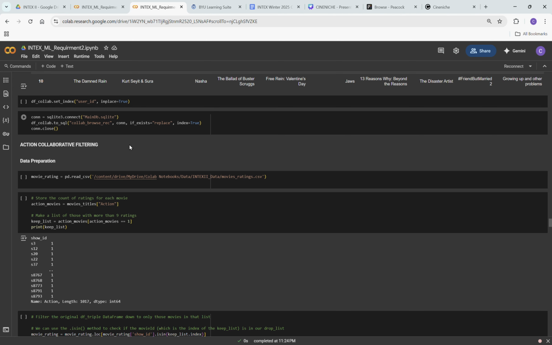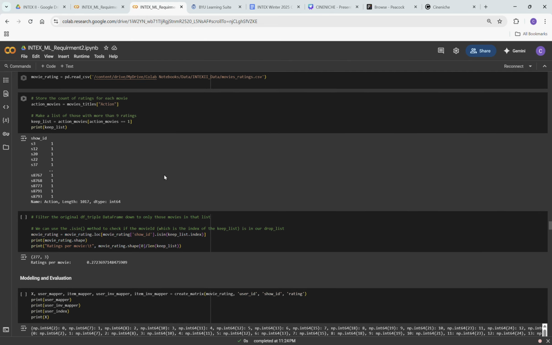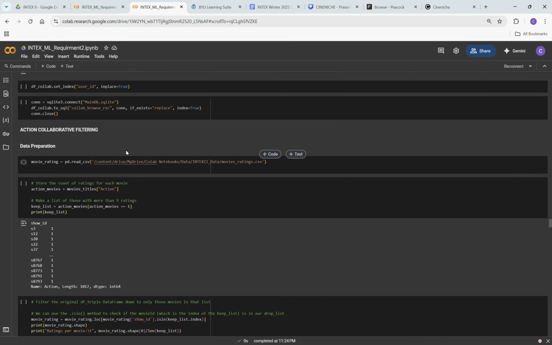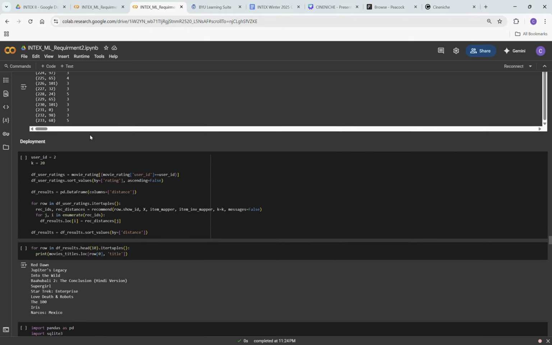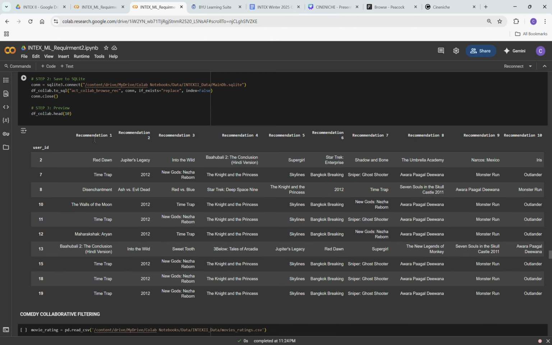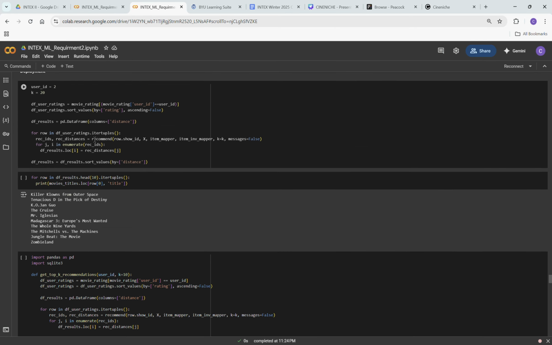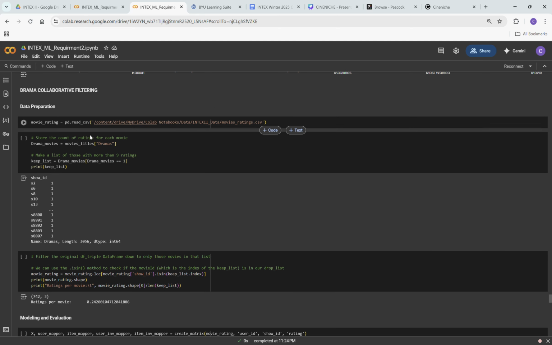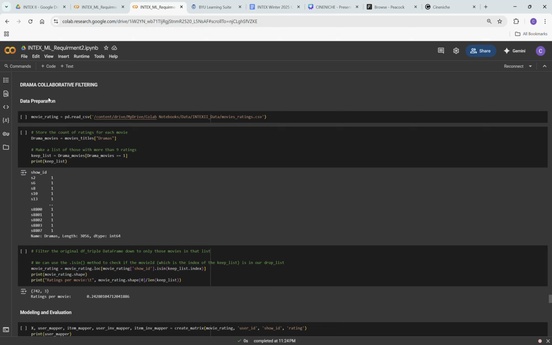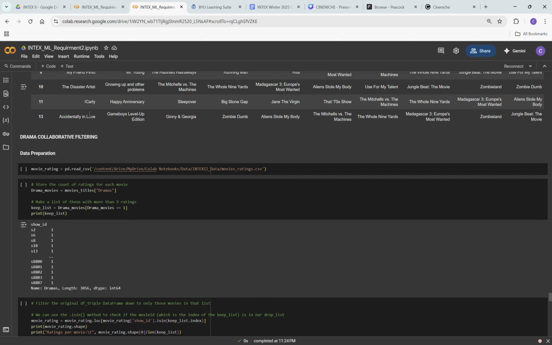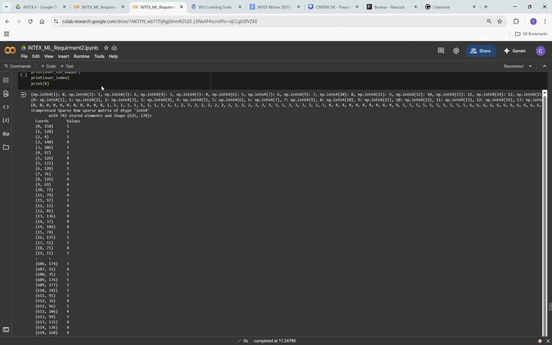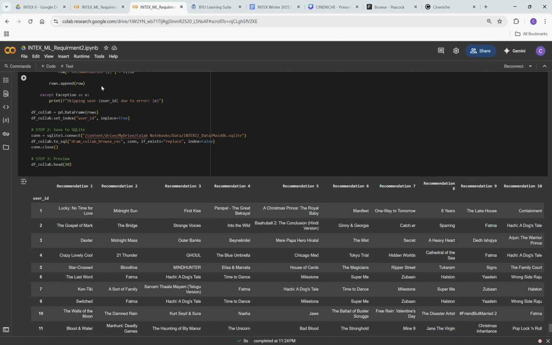And then we had another, an action collaborative filtering, with the same thing. All the data understanding is at the top of each of these files, so data preparation, modeling, evaluation, same pattern. We did a comedy collaborative filter and model, and then we also did a drama. So that was a general collaborative filter for the user, and then a drama, action, and comedy. For requirement 1,